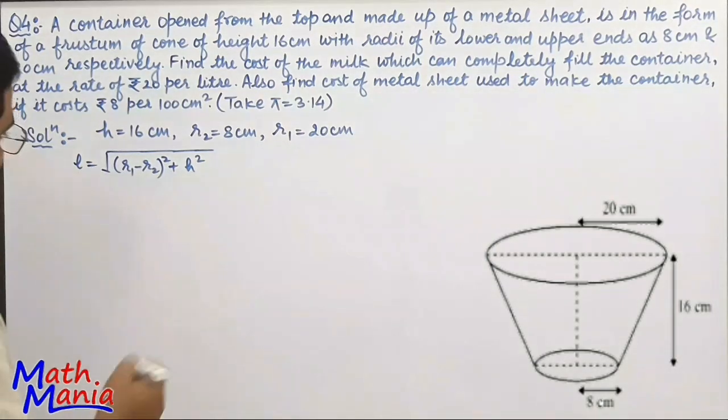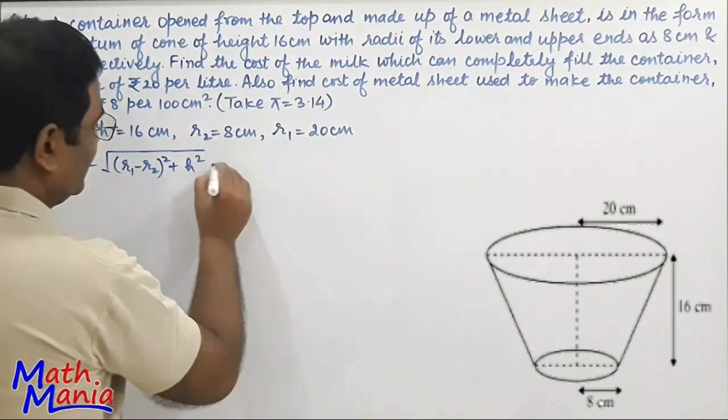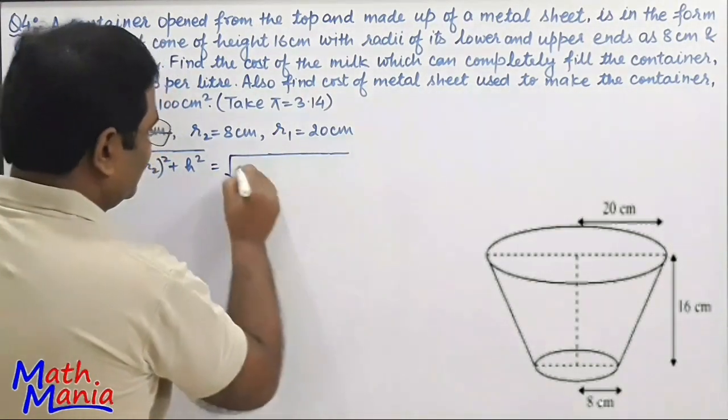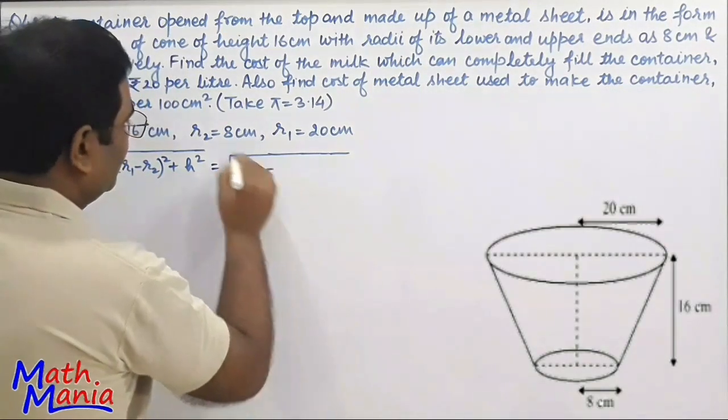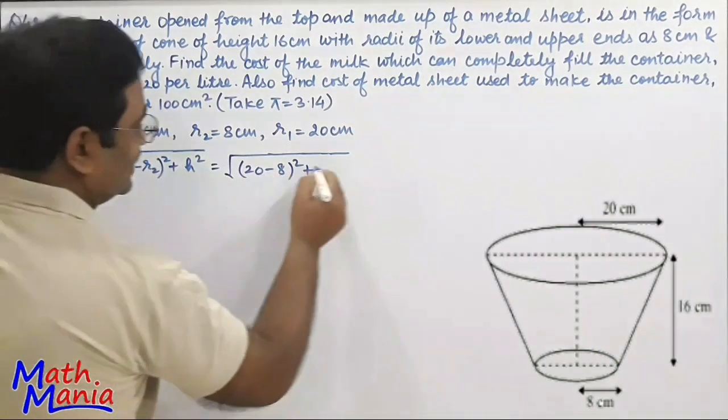Let's find its value. That is equal to R1 is 20 minus R2 is 8 whole square plus height is 16 square,